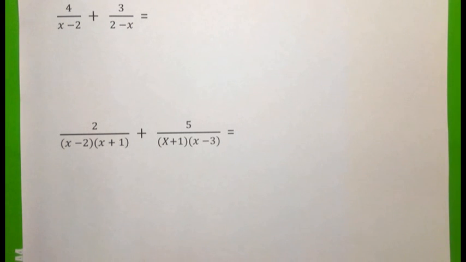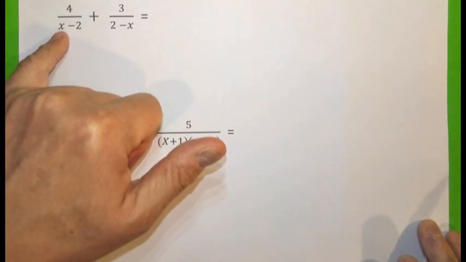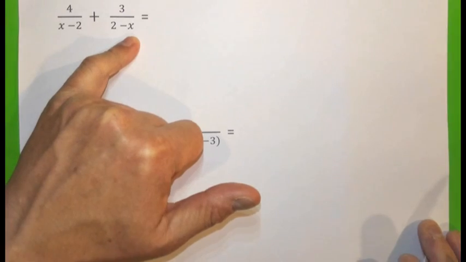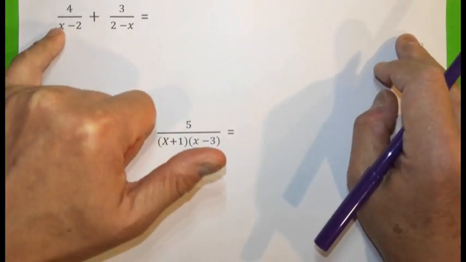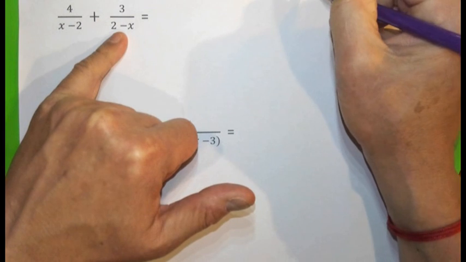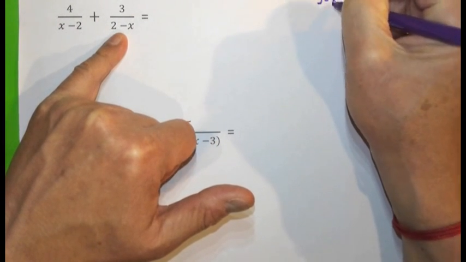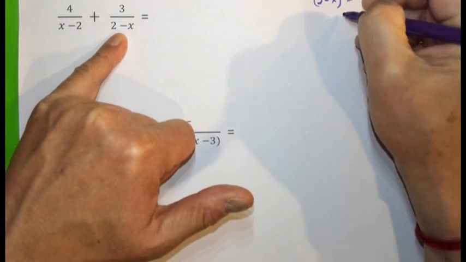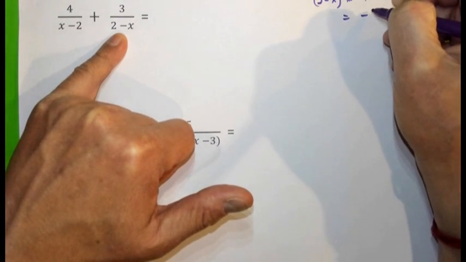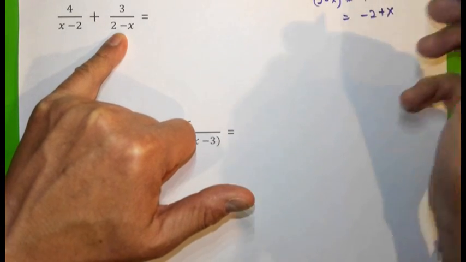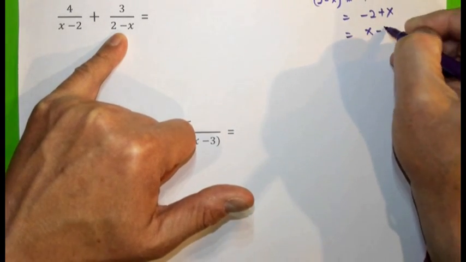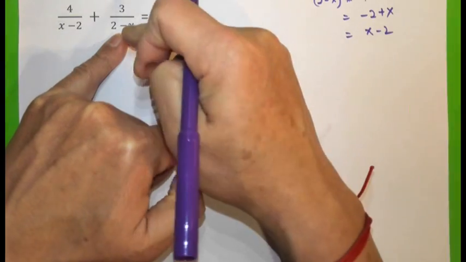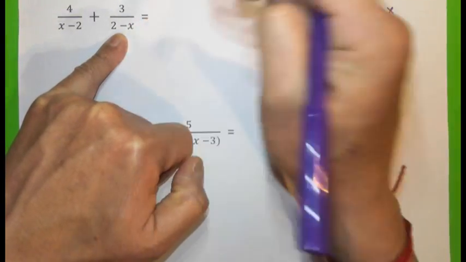Right, let's look at a few more examples. Look at this. What actually is the common denominator between x minus 2 and 2 minus x? Now, let's have a look. If we multiply 2 minus x by minus 1, what we have is minus 2 plus x, which is actually x minus 2. Alright, therefore we can rewrite this as